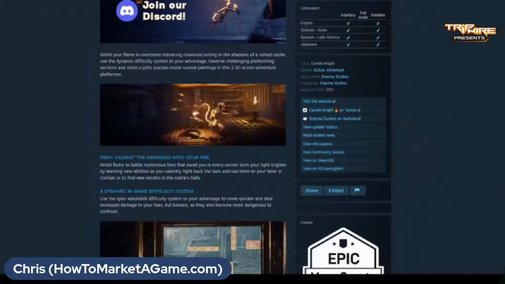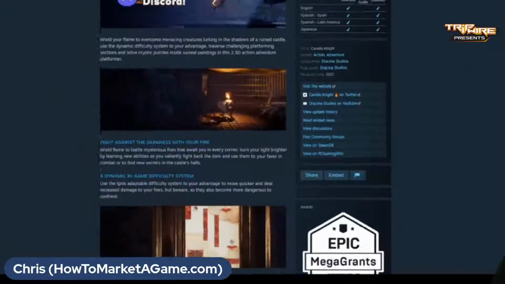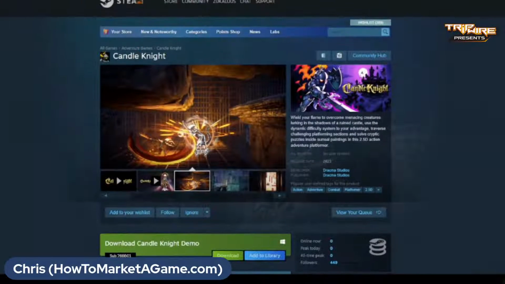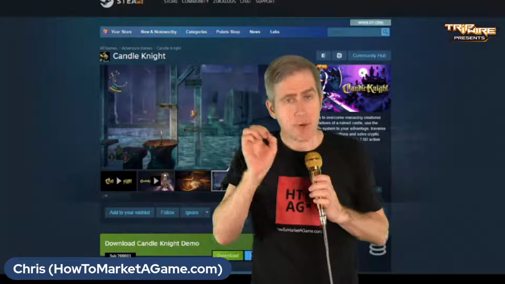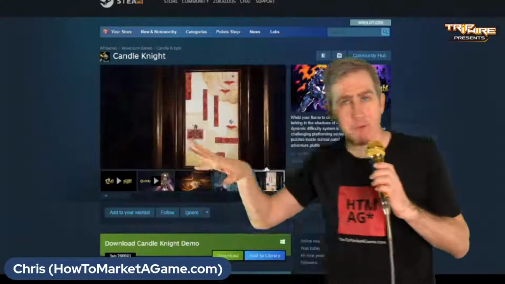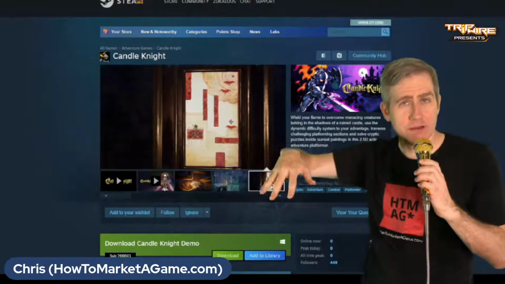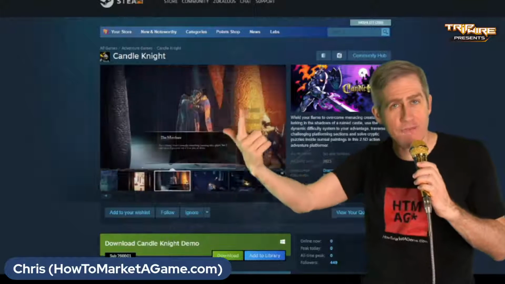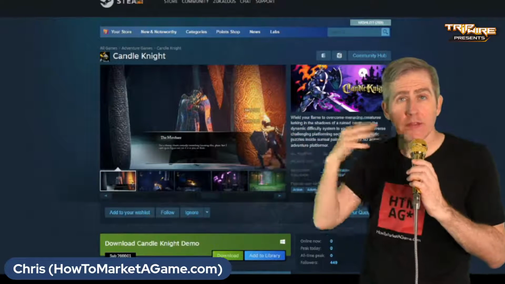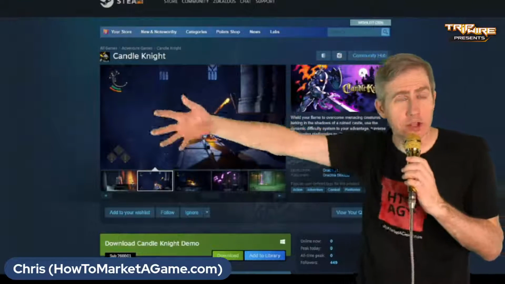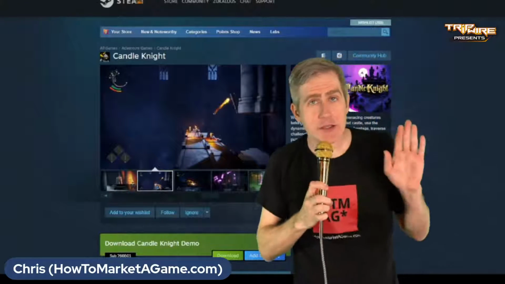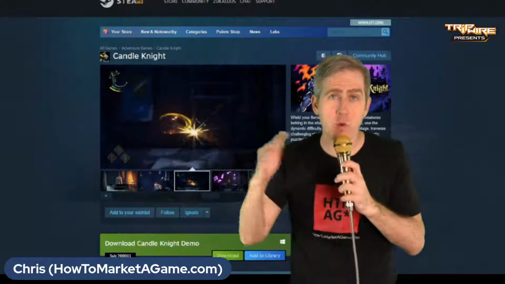Okay, and then you go down here. This is the other thing, and this kind of goes to the hook, and it being 2D, 2.5D. The 2.5D action platformer has a lot of subgenres in there. There's Souls-like, there's Metroidvania, there's just straight up levels. There's Roguevania, where the dungeons are randomly generated. You need to tell people right up front which one this is.